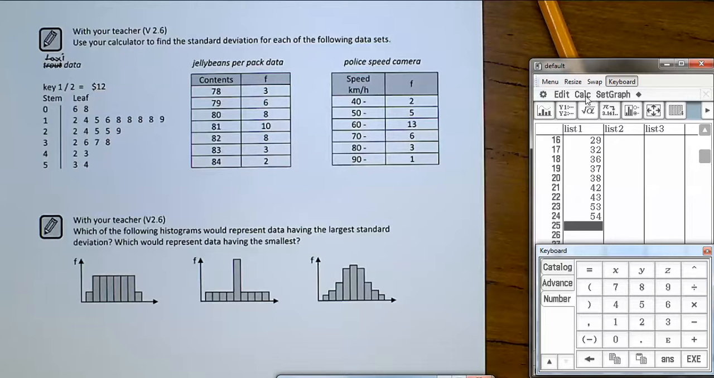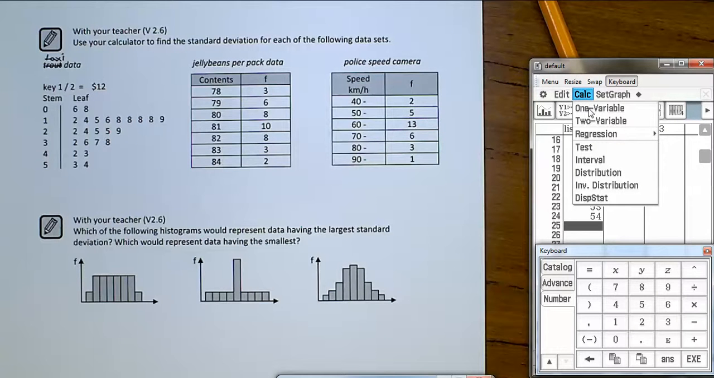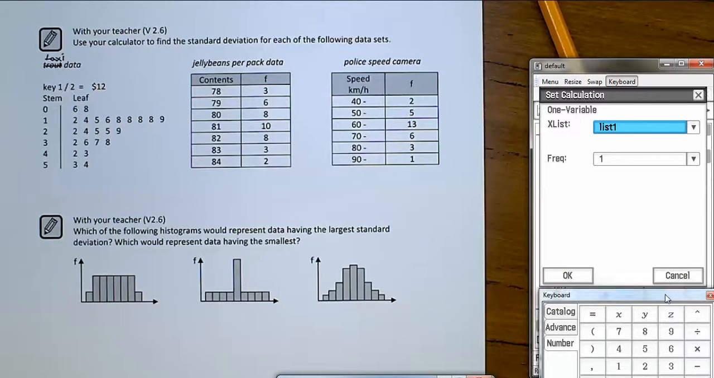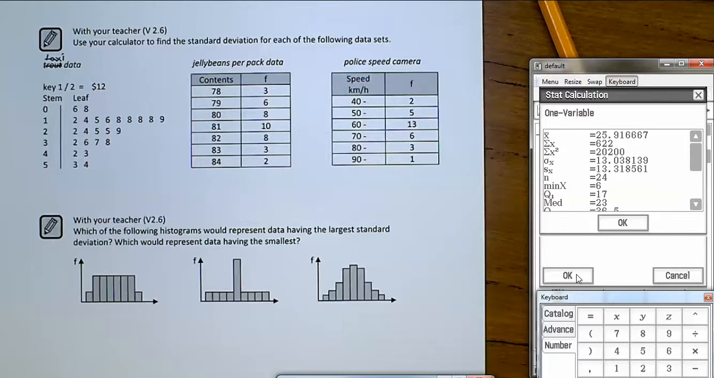And so what we're going to do is calculate. Now this is one variable statistics. All the stuff that you do in this course will be one variable statistics. And we've got one variable, the X list is list 1, and the frequency is 1. We've entered all of these pieces of data individually, and so that means the frequency is 1. When you've got that, you need to press OK, and what you'll get is a huge big long list called a statistics summary, and part of that will be the mean. You'll have the median, they'll have the quartiles and bits and pieces,